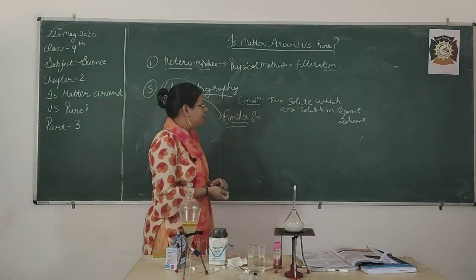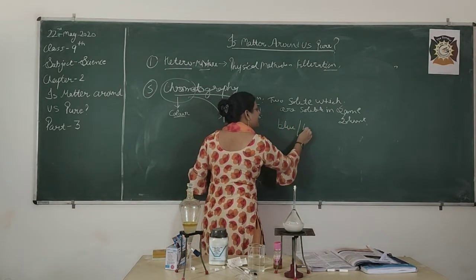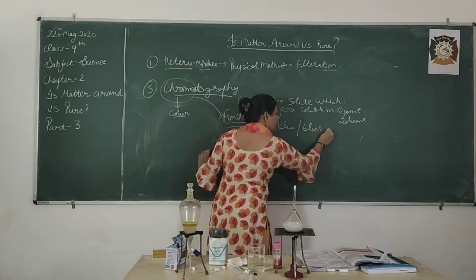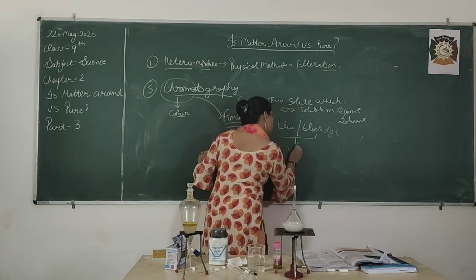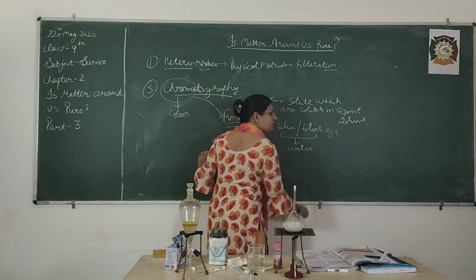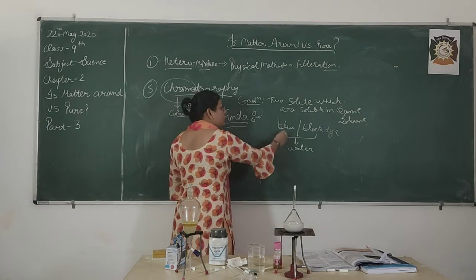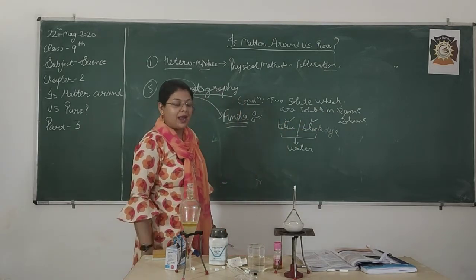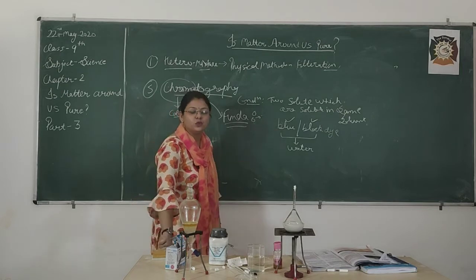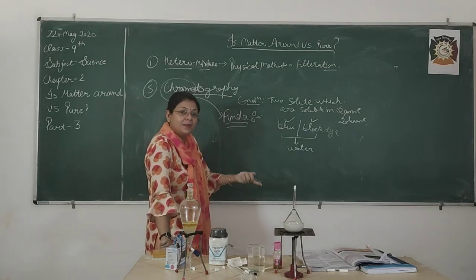Hypothetically, just take an example that I am having a blue dye as well as a black dye. They both are soluble in water. So I mix these two dyes and say, just separate the two things. This is a homogeneous mixture, so just by seeing I can't separate the two things.